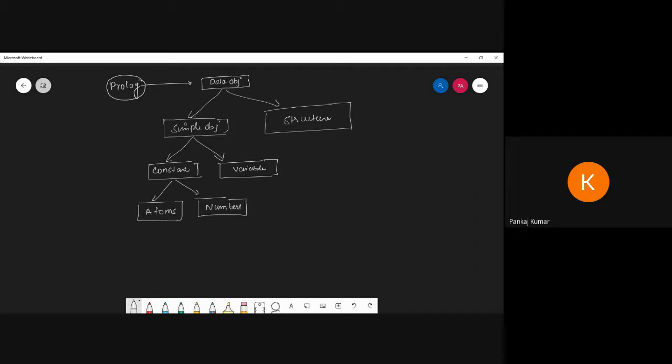Now see, how can you define atoms and variables? Atoms are a kind of constant, and they have some name and object. Suppose I discuss the atom.